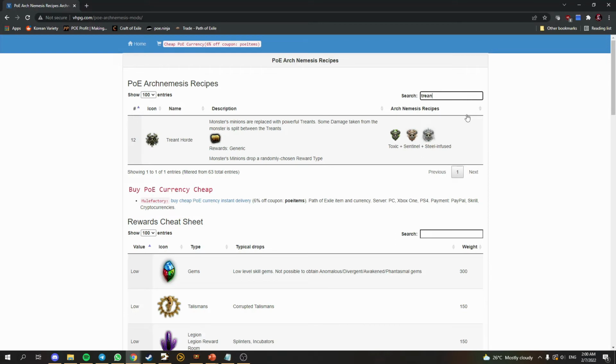And next is Treant Horde. Treant Horde shows that the minion drops a randomly chosen reward type. According to Grimo, it doesn't drop randomly. It drops whatever is based on your previous